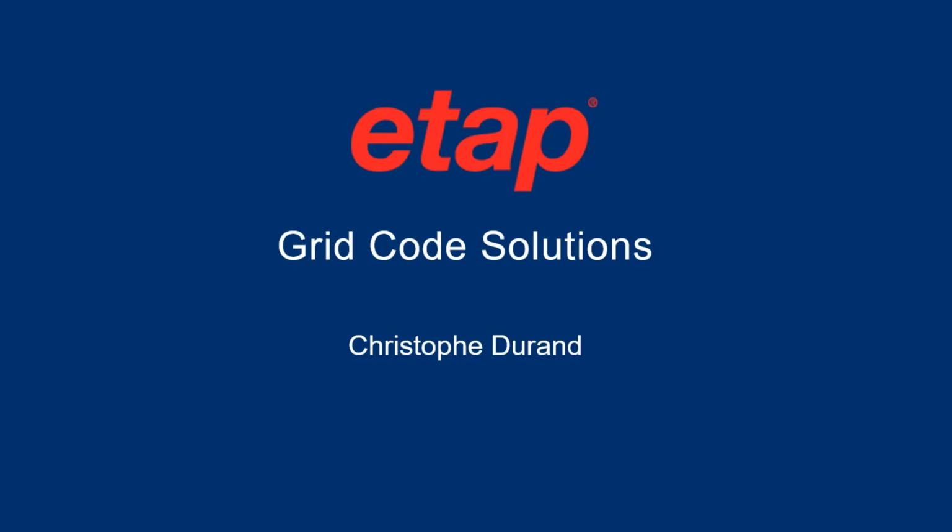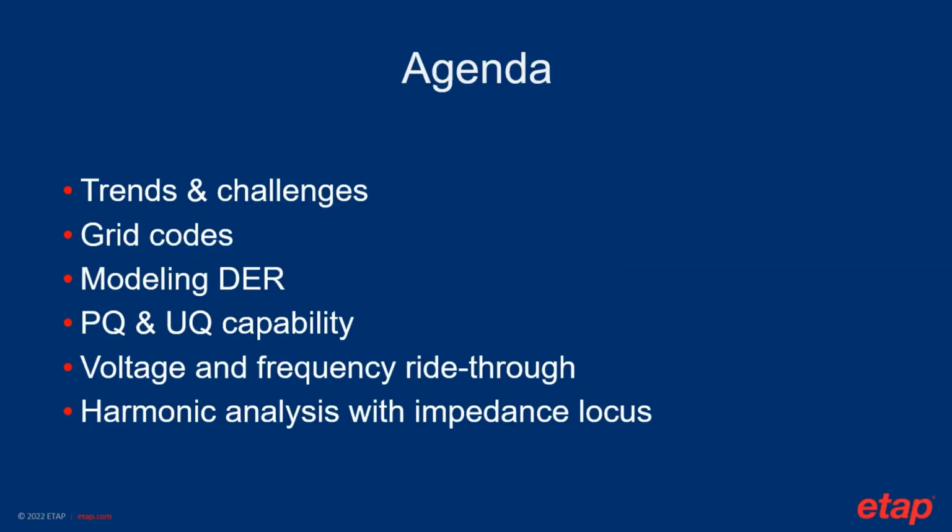Today I will present the new automated grid code analysis that will be released in ETAP 22. In this presentation, I will first introduce the main grid code requirement, and then I will present an application case about reactive power supply analysis according to PQ and VQ diagrams, dynamic simulations under disturbed conditions, and I will finish